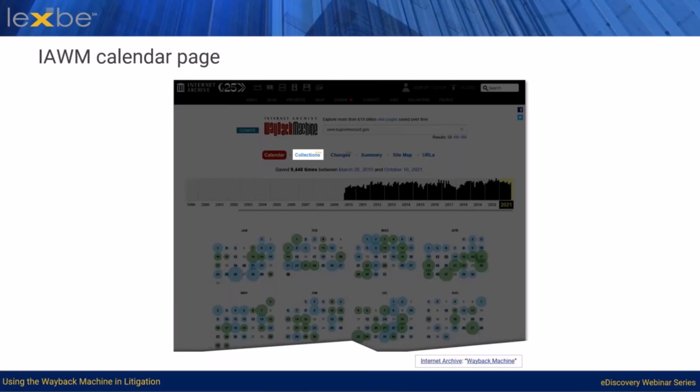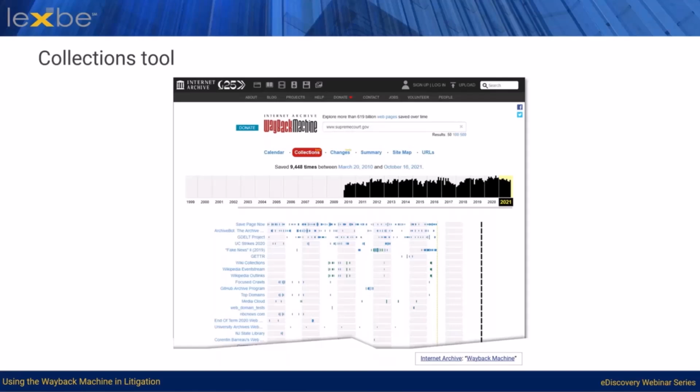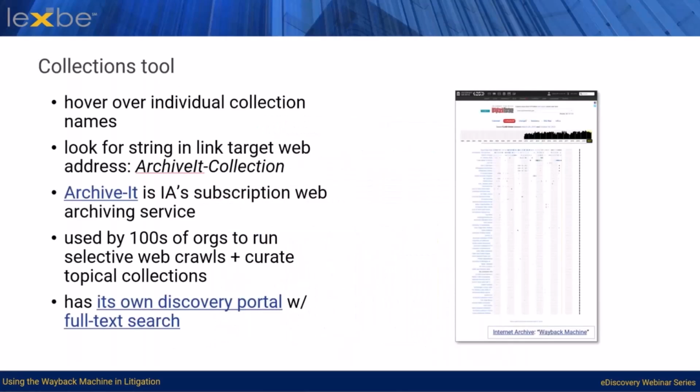www.supremecourt.gov. The Collections tool appears among the row of links below the search box. Let's click through. This brings up a lengthy list of collections, truncated here, in which the web page has been archived. The large number of collections isn't surprising here given the relative prominence of the U.S. Supreme Court. As we move the cursor over each of the collection links, we want to keep an eye out for the string